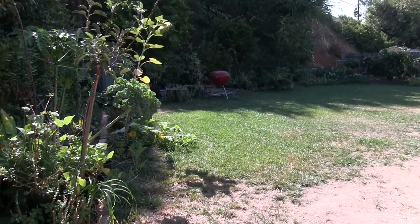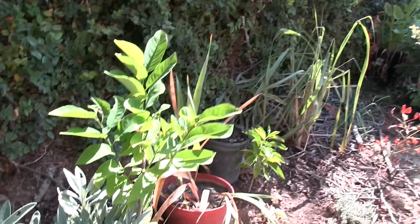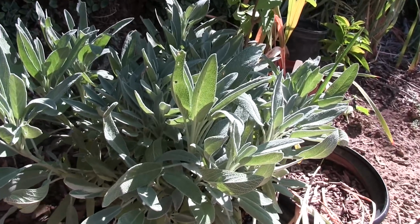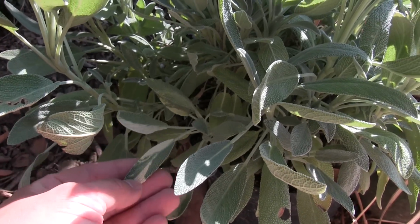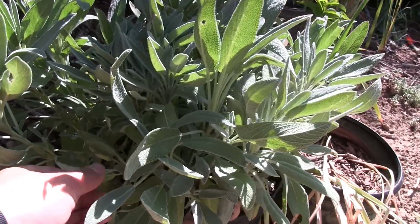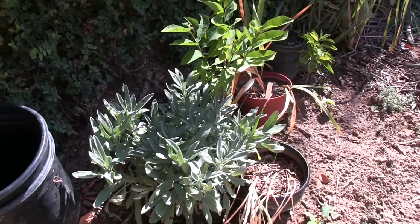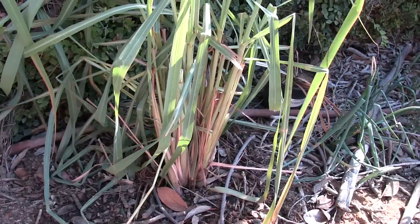Okay, here we are in the backyard, and here are the herbs that are growing back here. This is another sage, but it has a really cool mutation down here that I mean to propagate. In my attempt to propagate this by putting it in water, that one failed, so we still have this, so we're going to propagate this via ground layering or air layering. Here is more of the lemongrass,